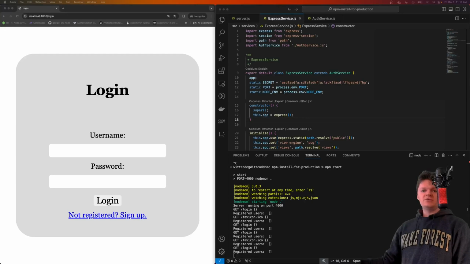Hey everyone, welcome to WittCode, where in this video we're going to create a node login and signup system using Express, Sessions, and Bcrypt. So before we start coding, let me just give you a small demonstration of what we're going to build. And so it's going to be this simple form here, where we take a username and a